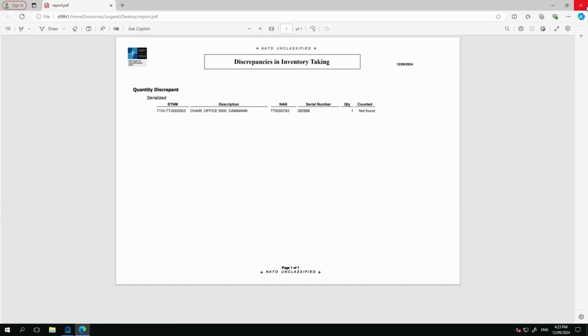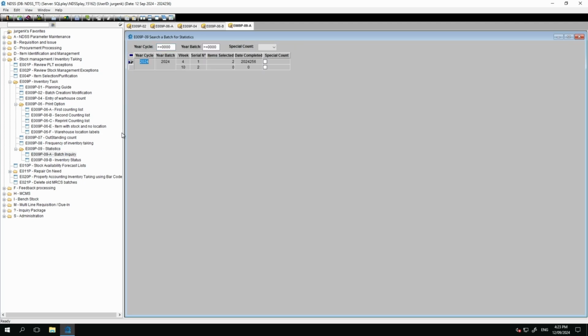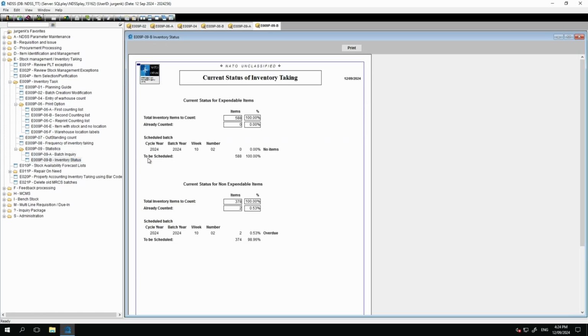So when this is done, we finalize the first batch. All these items will now be released and are available for issuing out of the warehouse again. We can run and look at statistics. I can look at the batch inquiry. You will see that I have 2 batches, and I can see that one of them has been completed with the Julian date. I can look at the inventory status, and you will see here that